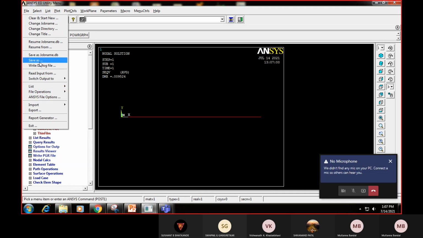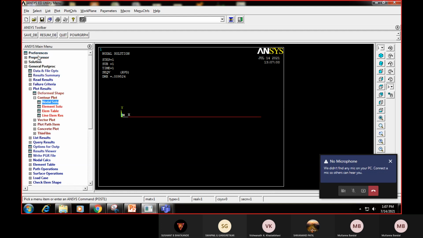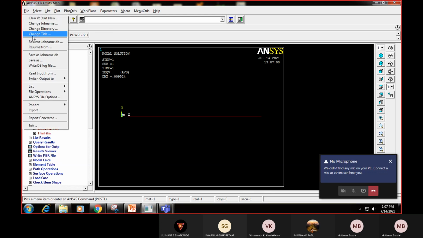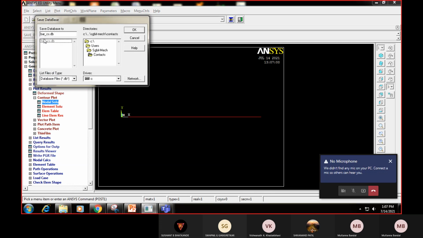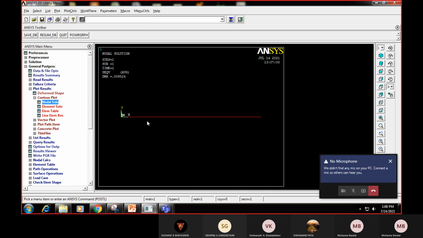You can use save as job name .db, so whatever file I have saved will be saved. Or if you want to save it as a different file, you can go to Save As and give a different name. Let me give it as bar underscore cross section underscore 1 .db. Okay, so this completes the first problem.